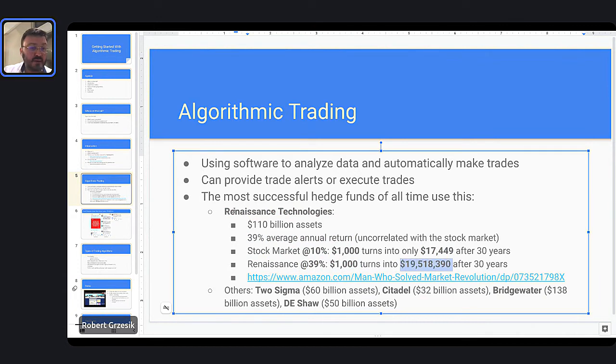But that's just one company, right? Renaissance is definitely one of the better ones. They've been around for a long time. They manage a lot of money. The truth is actually, as you get bigger, as you start managing more and more money, it gets harder to make better returns, right? So for you guys managing less money, it's actually possible for you to make better returns than that, just because you don't have to fight against the tide, right?